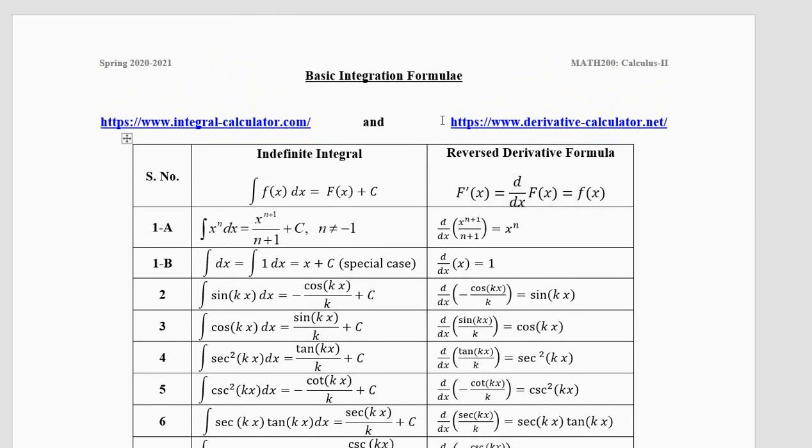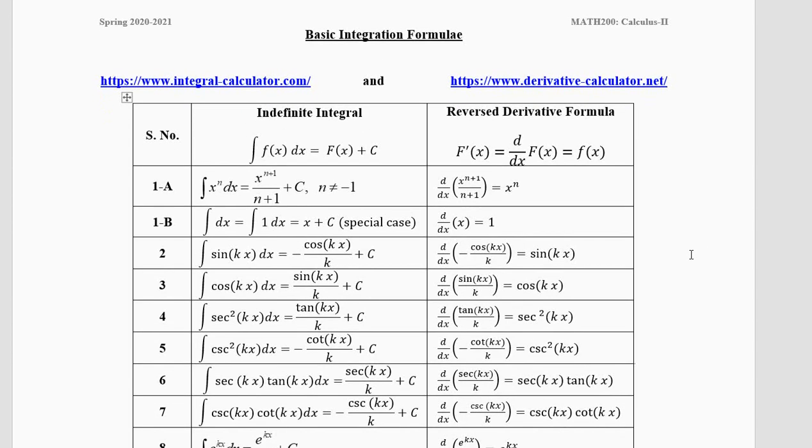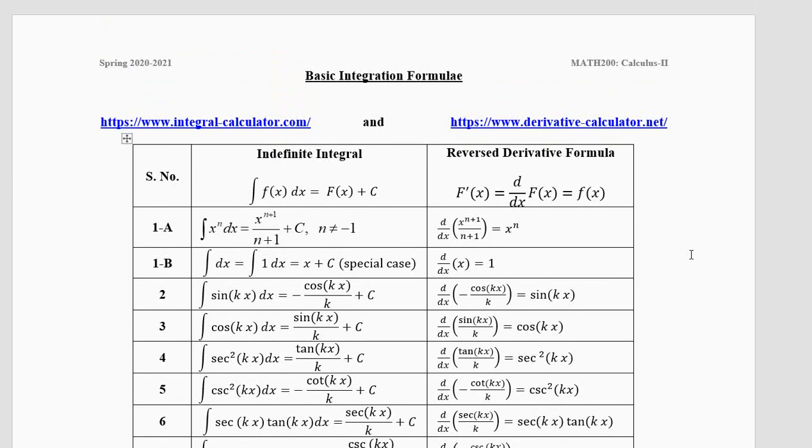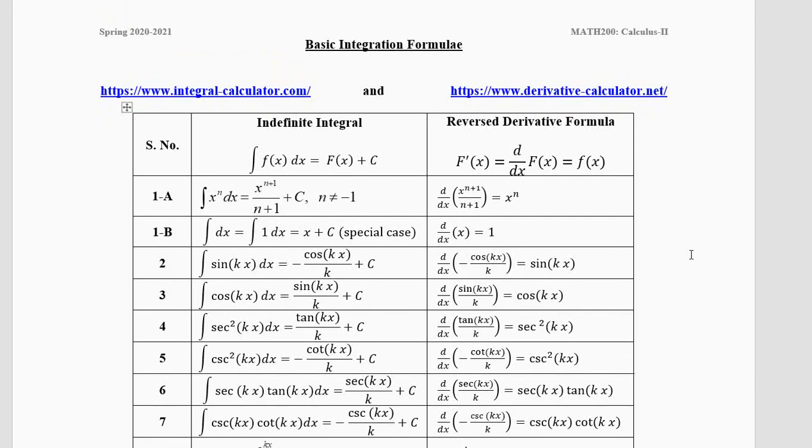Now, here there are two websites, one for differentiation on the right hand side, derivative calculator. On the left, you have the integral calculator. So you can check your answers from these websites. You can also practice your questions on these websites. Just put some function and you will get your integral and your derivative in detail with its steps. So please examine these websites. It will help you to see your integration with steps by two methods. They are using two different softwares, so they show two methods of integration. Sometimes they will be the same in simple questions, but in complicated questions they will be differing.